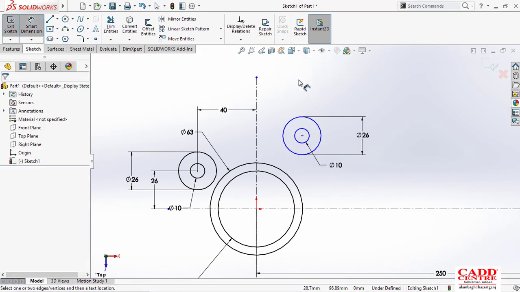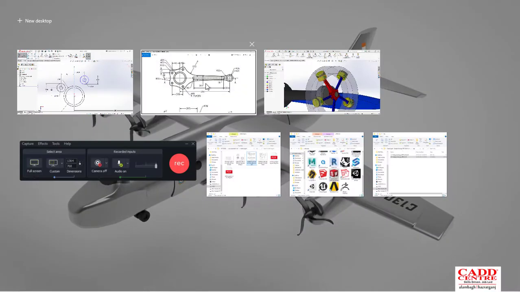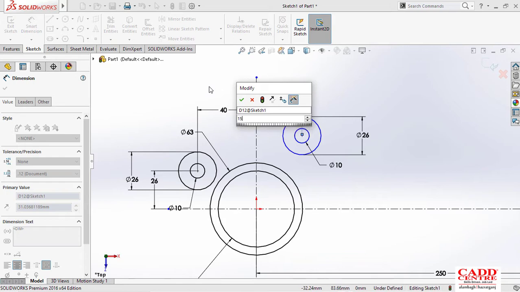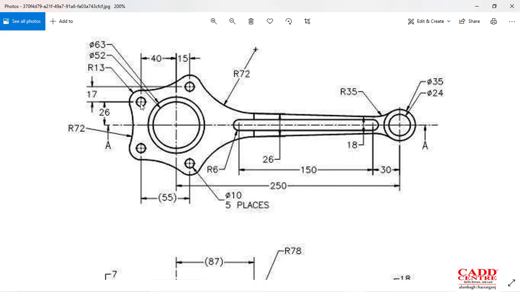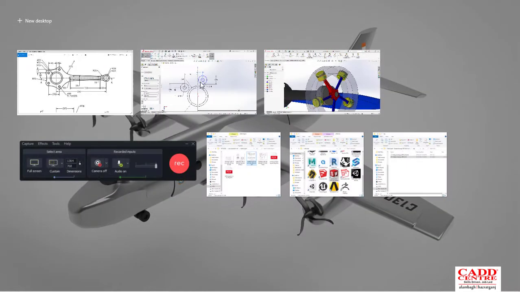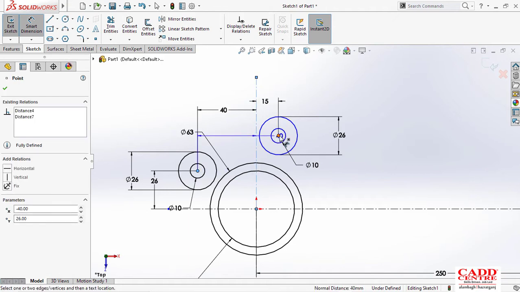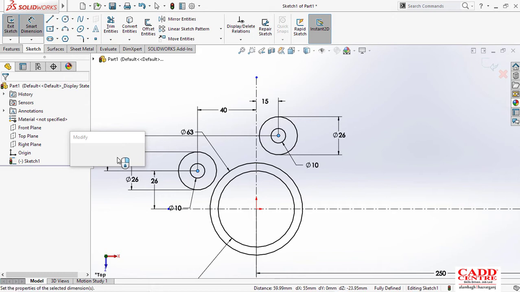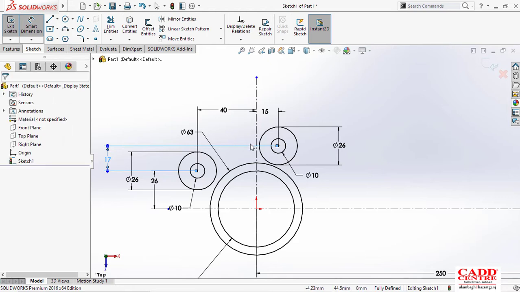After that I'll provide the lengths which are given. From the center to that vertical they have given a length of about 15, so I'll type 15 here. After that they have given from this center it will be 17, so I'll give from there to there 17. Okay, so this is the final.